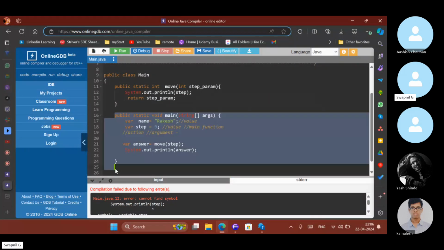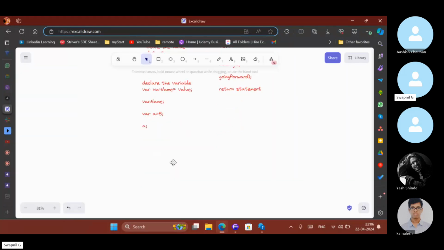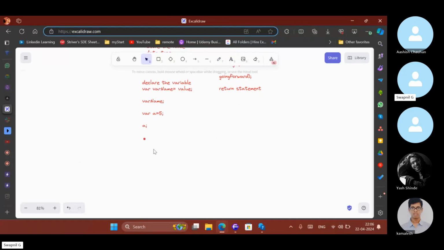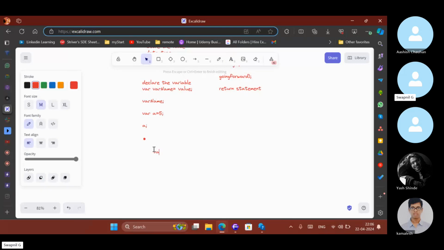So we will note it down. The value of a function is decided by three things. How do you determine the value of a function? Three things will depend. The most important thing is scope. The second thing is return type, return value.